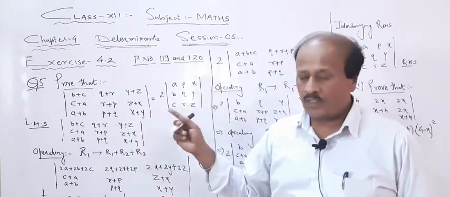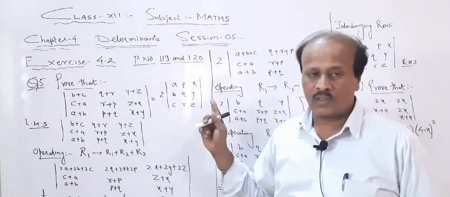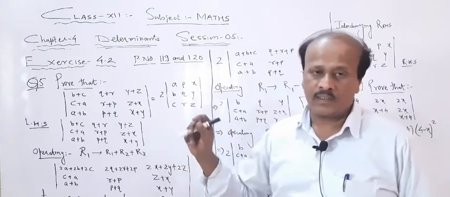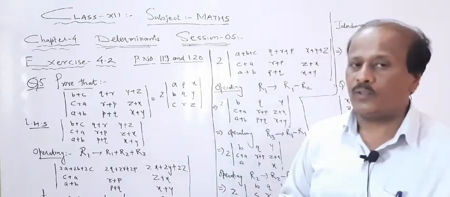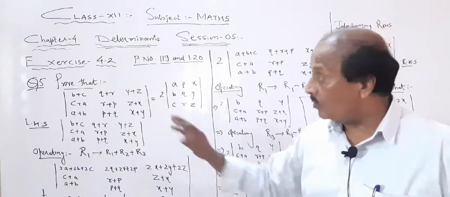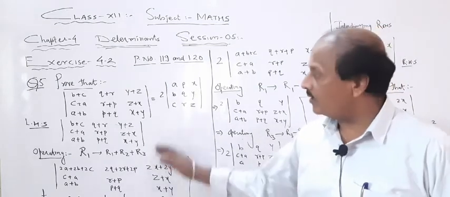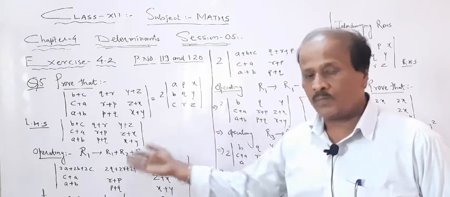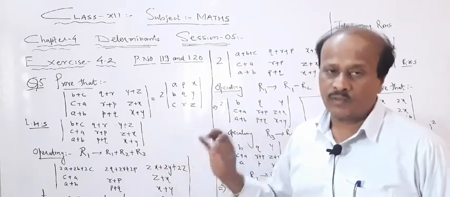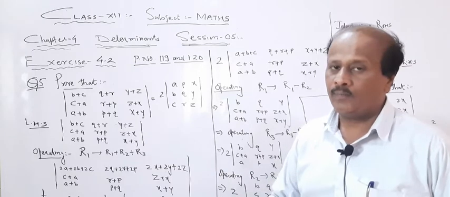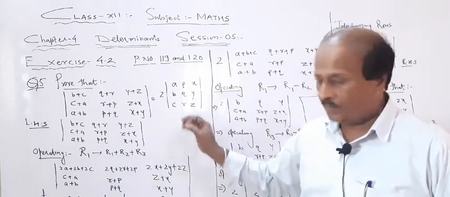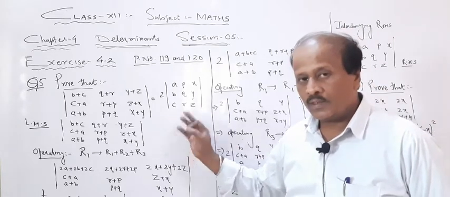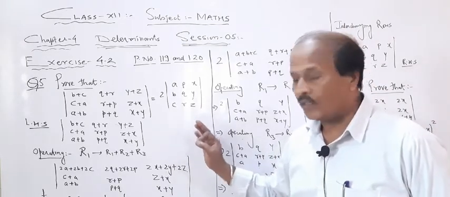So today I have selected 2 questions on those particular properties, and just like in the earlier session, each and every question can be solved with more than one method. The method which I am telling you is the simplest method, but if you go through the reference book, you will get some more methods. Whichever method you feel comfortable with, try to do it. But whenever you solve, whichever property you use, write it in each and every calculation step.